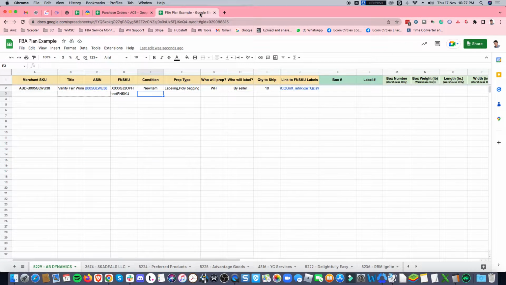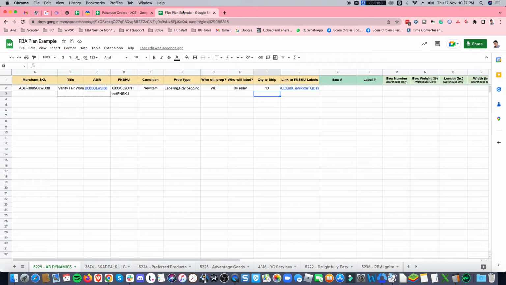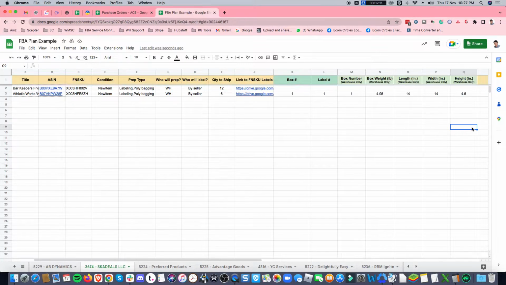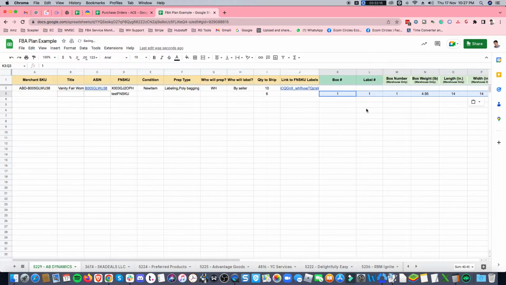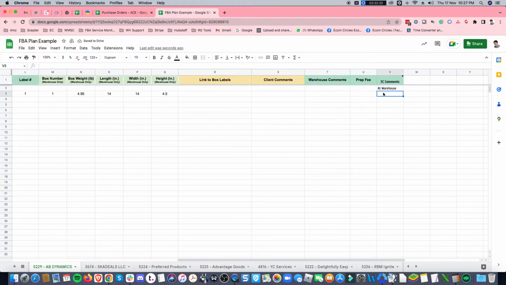So what else? Quantity to ship, say for example, is 10. Here is 6. Okay, 6. Let me just put here 6. FNSKU, say box labels there. This is just an example. It's just an example. So if we try to put here,